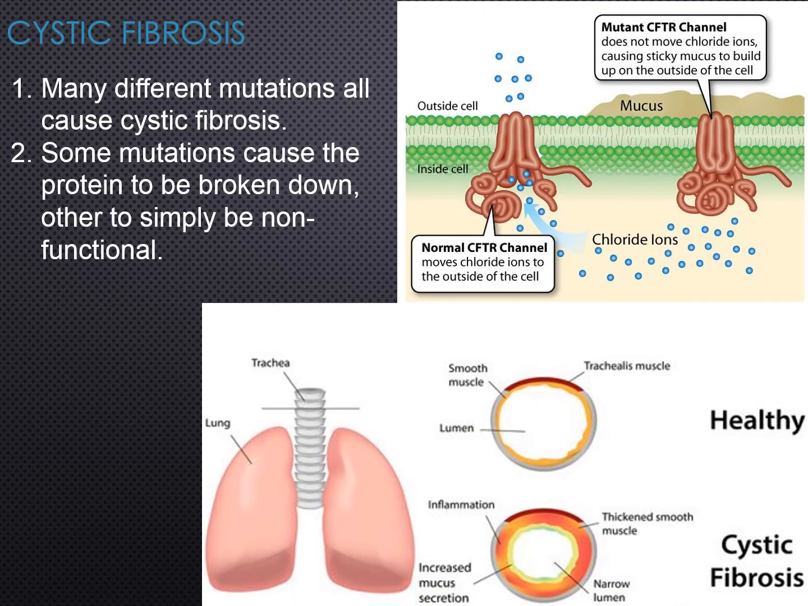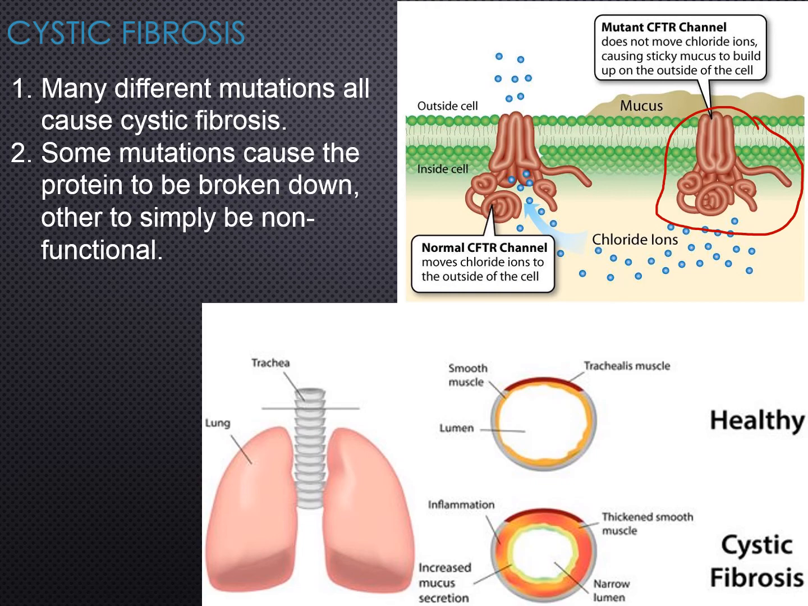Cystic fibrosis has many different mutations, and they all cause cystic fibrosis. Some mutations cause the protein to be broken down, and others simply make it non-functional, like in this diagram. It is still in the cell membrane, but it's not doing anything. And you might wonder, why is it that there are so many different mutations that all cause this same allele or same disease? And the reason for that is we have to look back a long time ago,